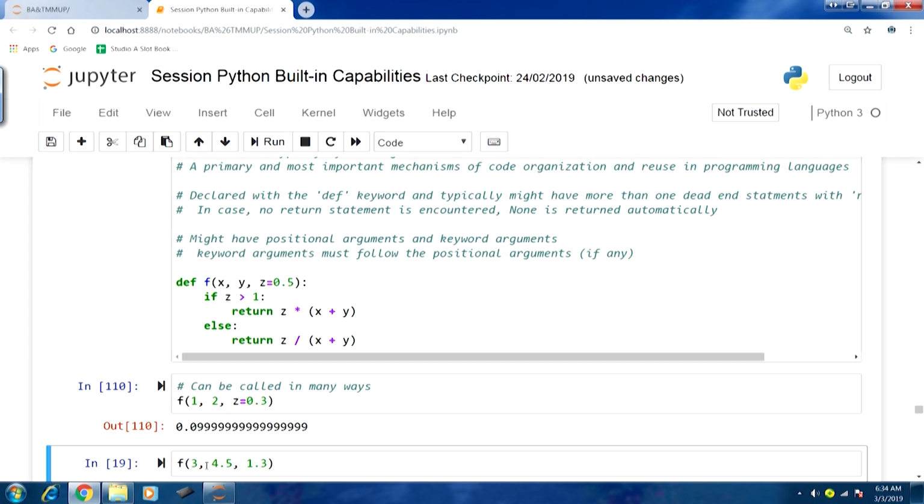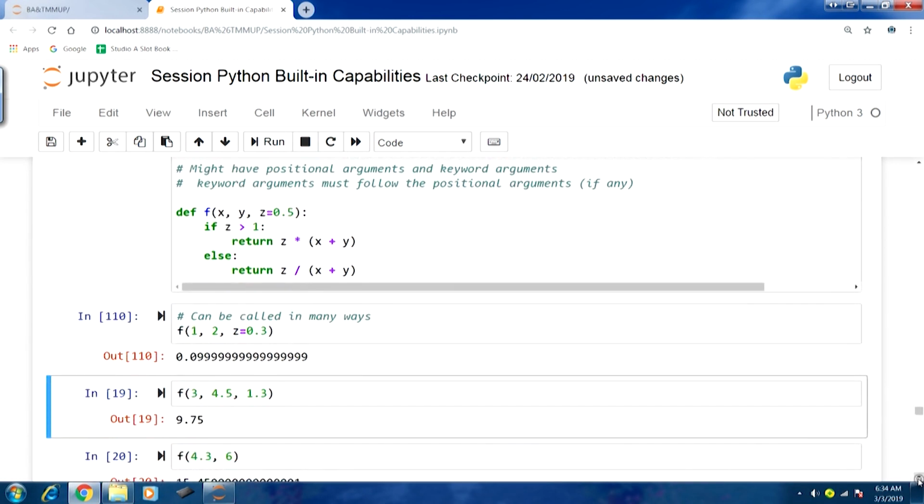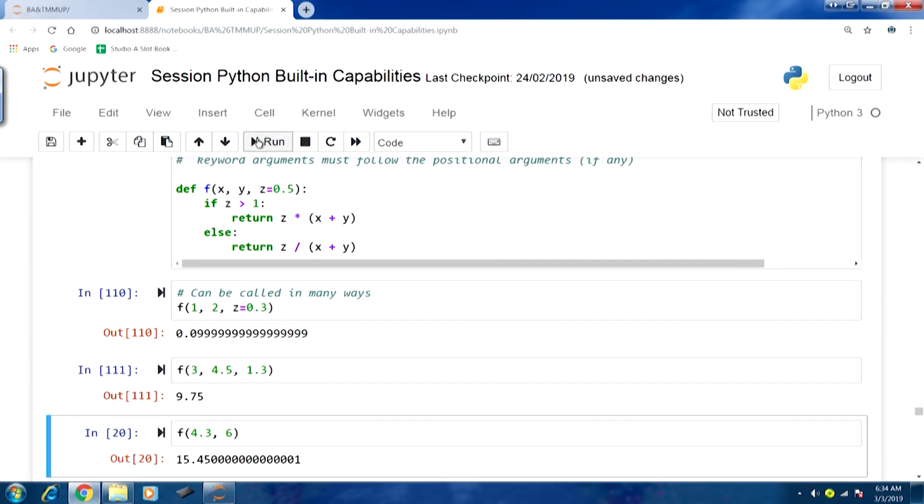Now, another way of calling: the first argument is 3, the second argument is 4.5, and the third argument is 1.3. I am not using the third argument, which is actually a keyword argument, as a keyword argument; rather, I am using it in a positional sense, passing the value here. So, this can also be executed. This is another way of calling this function.